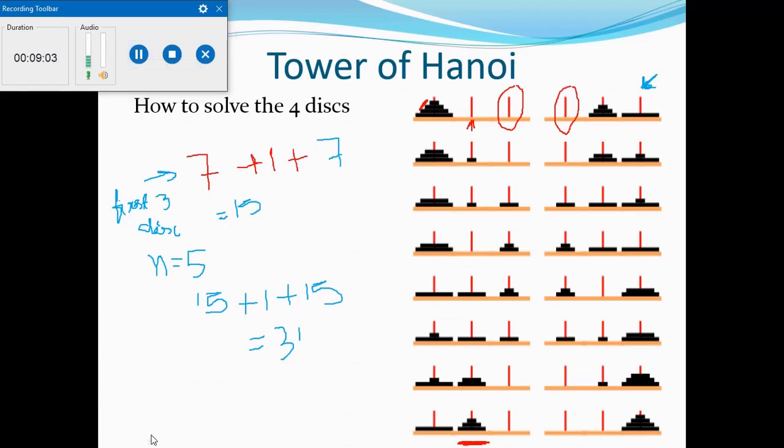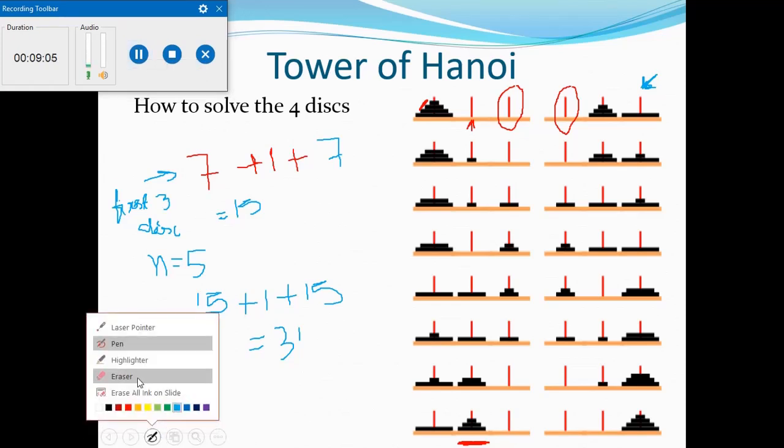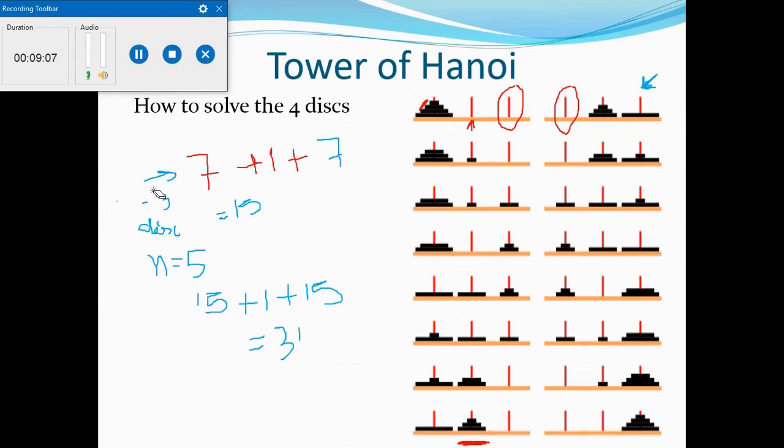So I will just rewrite again. So 15 steps are required for n is equal to 4. How it is possible is, see the first 3 disks,